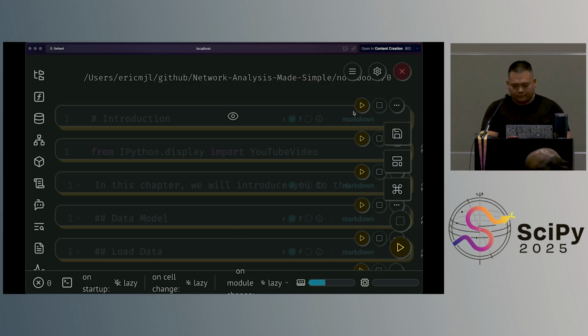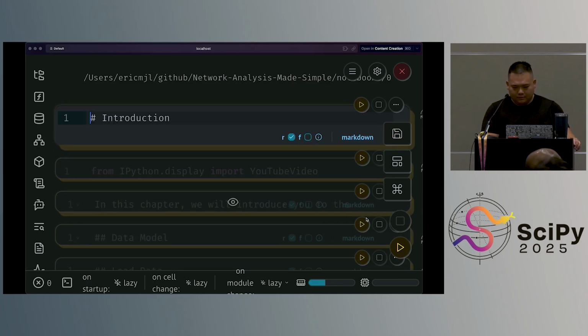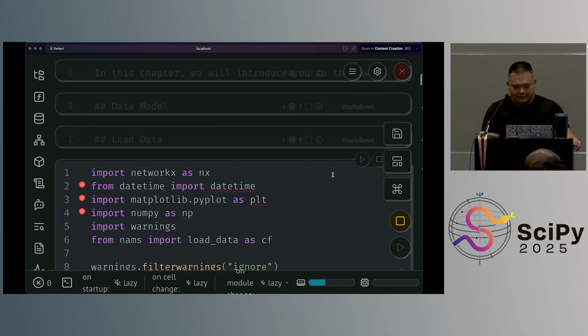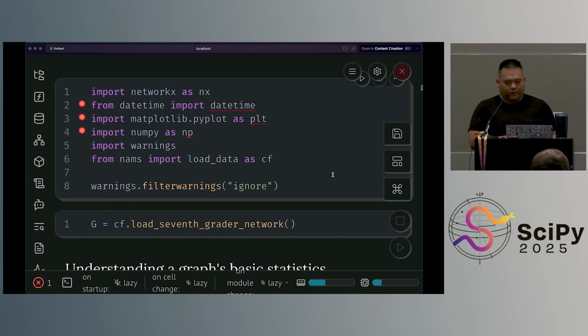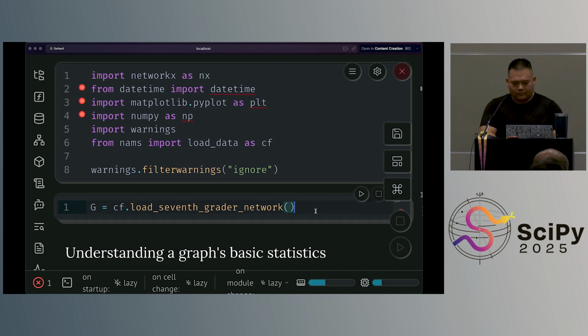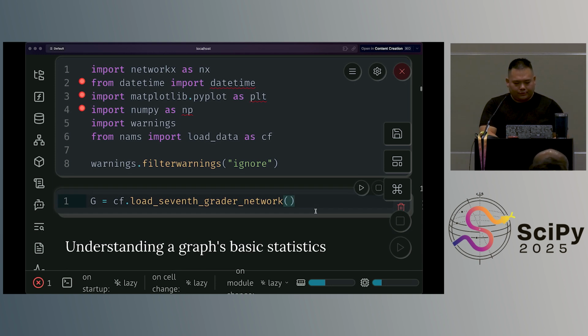Cool. I'm going to run a few cells. I just hit play, actually. Okay, cool. All right, so